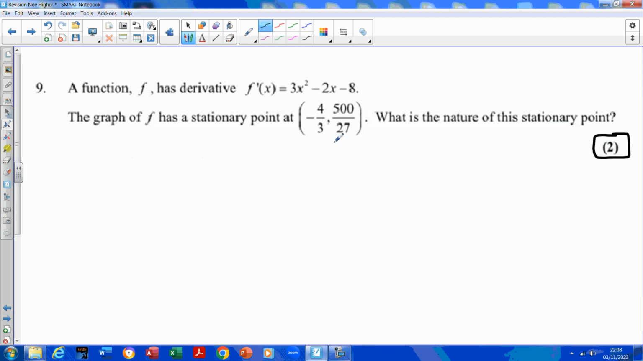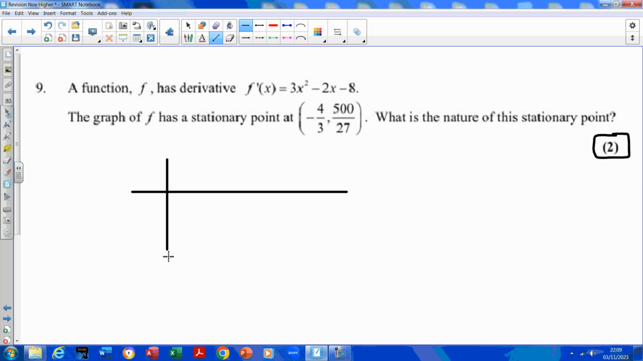Numbers look horrendous. That does not look a good set of numbers to use. They've already given me the derivative, so I don't need to take the derivative. Okay, and I don't need to set it equal to 0, and I don't need to work out the values. So basically this question is just asking me to work out the nature, so I can go straight on to